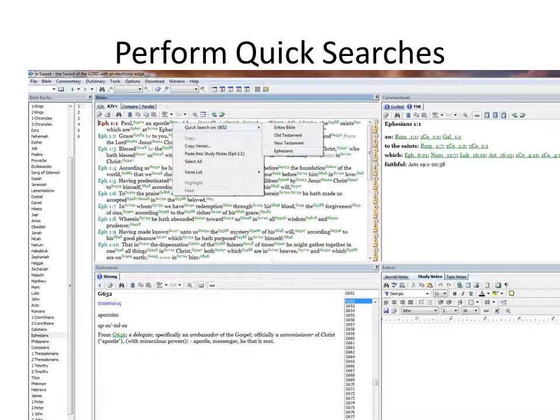Obviously, apostle might be an important word here in this particular verse. It might not be so important in other places, but what you'll want to do is a quick search, or several quick searches, on that. So what you would do is right click on the number, it opens up this window, and then that opens up this menu list, and you can see that you can do a quick search on G652,